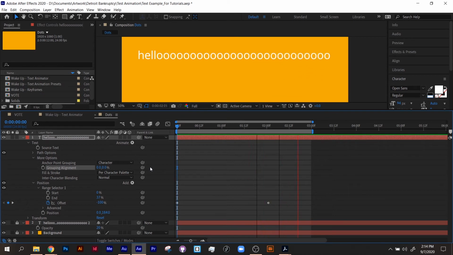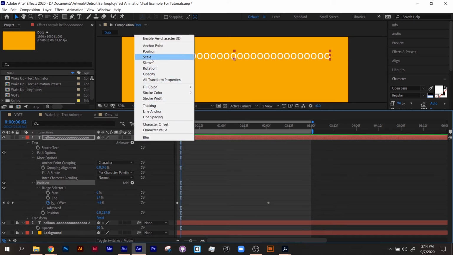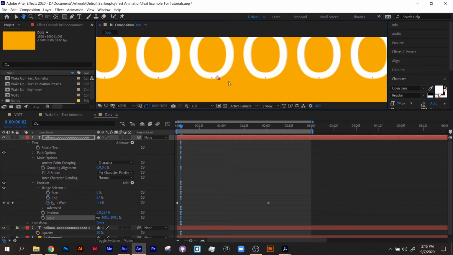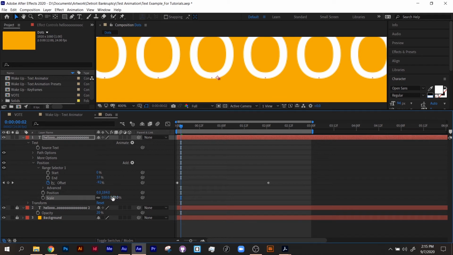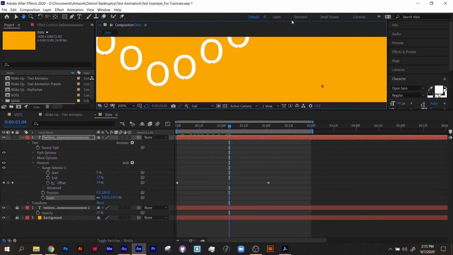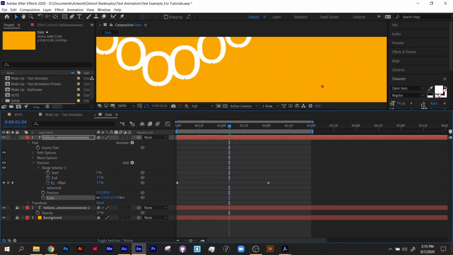One thing you can also do is add in a scale element as well. So you can add and combine animators onto themselves. If I have this selected, I can change animate to scale, and it'll add in a scale position here. Now notice one thing. Inside here, there's an anchor point set to the bottom of each shape. If I want to move that up, because if I scale it, it's going to scale it up from the bottom. And let me just show that inside here. As it moves through, notice that it's going to scale it up from the bottom of each shape rather